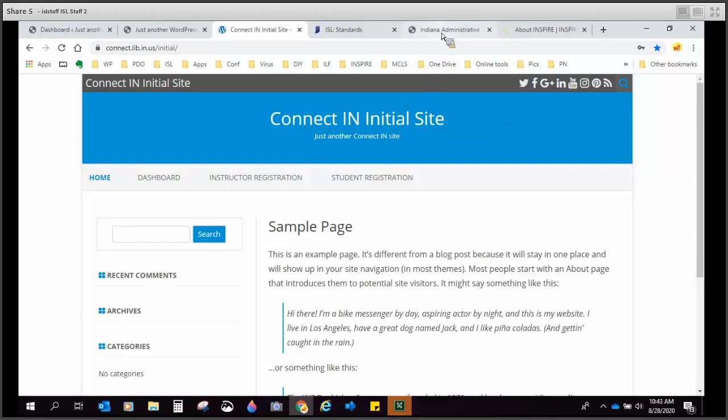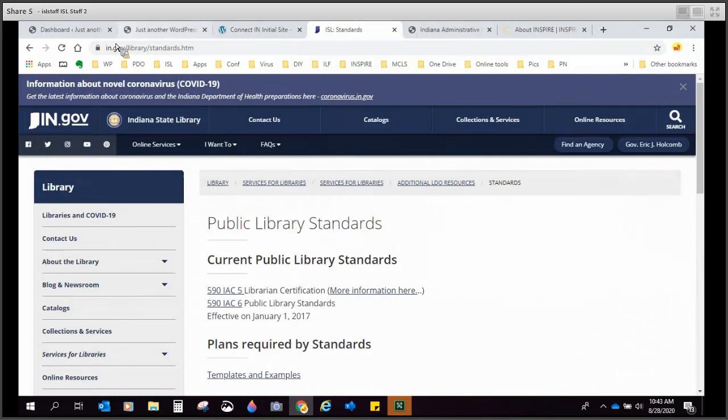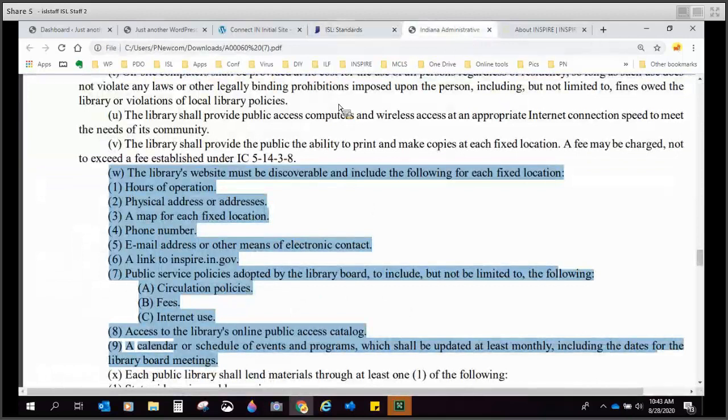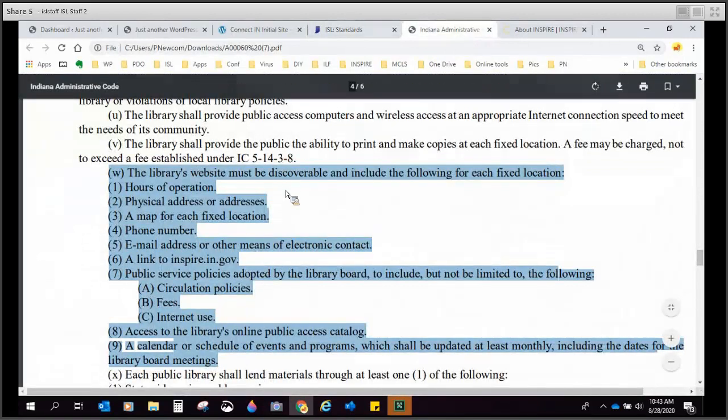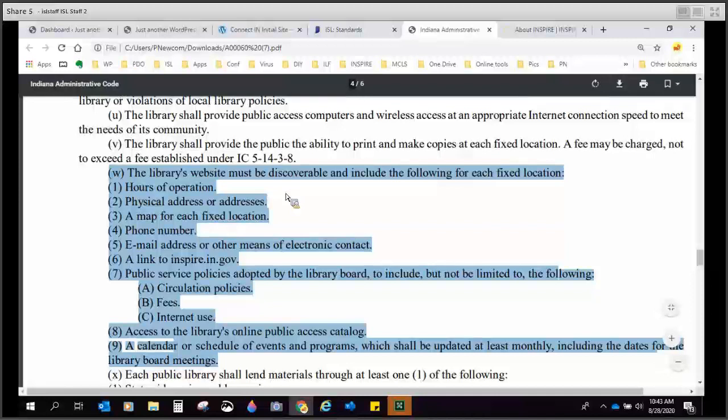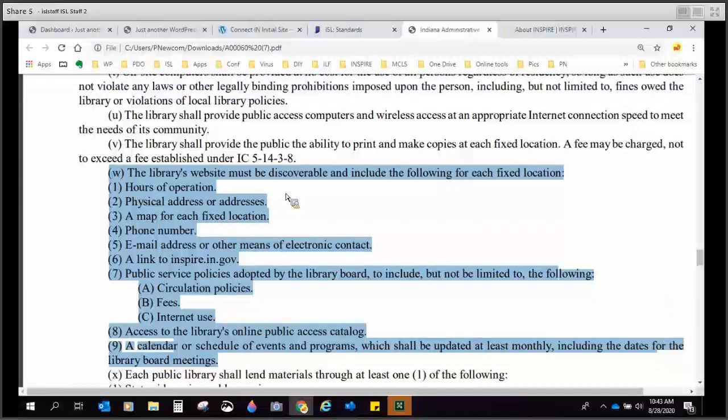The first thing we're going to do is look at those standards. You can find them here on in.gov/library/standards. The portion that we need to pay attention to is here, and it says the library's website must be discoverable and include the following for each fixed location: hours of operation, physical address or addresses, a map for each fixed location, phone number, email address or other means of electronic contact, a link to inspire.in.gov, public service policies adopted